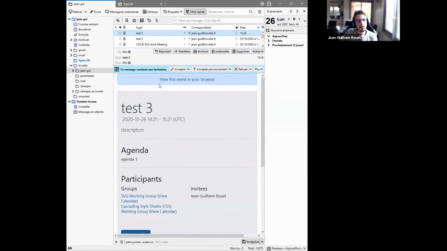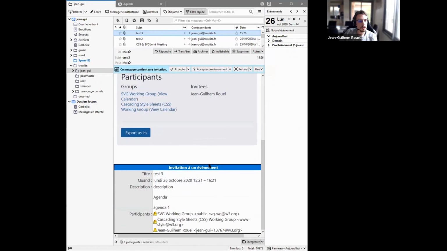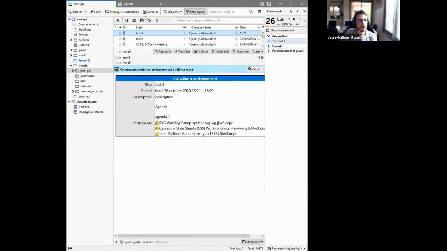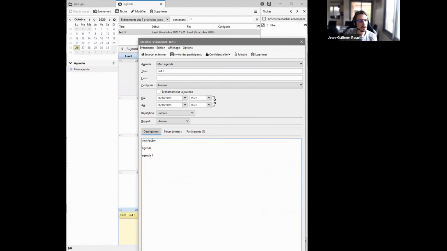This email will be sent to everyone who is being invited, so to all the group participants and also to the individuals that have been explicitly invited. And it also includes an ICS file that Thunderbird shows a summary of right here. And I can accept it if I want to add it in my own calendar. And so now if I look at my agenda, I can see it here. And if I open it, I have the description and the agenda, as well as the list of participants.